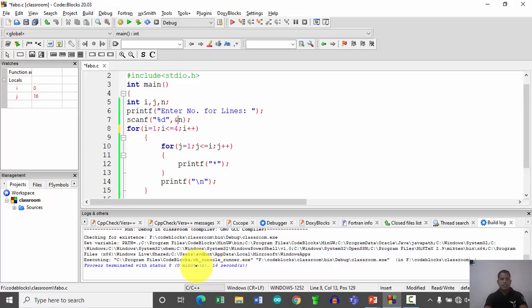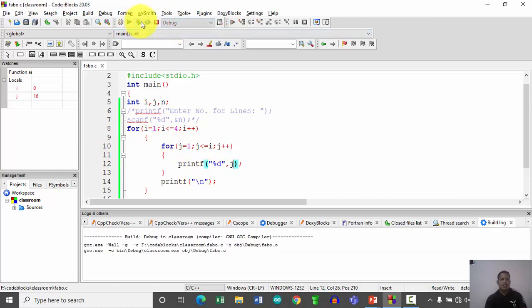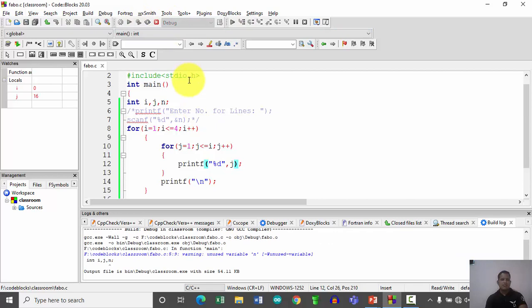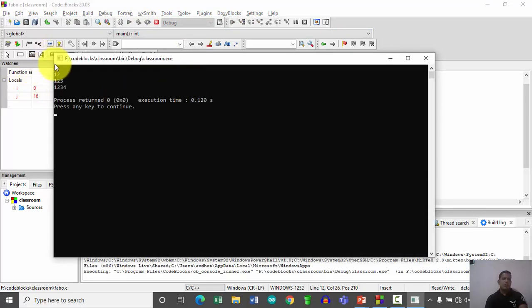Here, for first, I will keep this as it is. I am going to deactivate these two statements, right? And here instead of displaying the value, that is this character, I am going to display simply the j here. Okay, so what will happen? Initially the value of j is 1, so 1 will be displayed, then \n. For the next line again this is reinitialized to 1, so that will be displayed. Okay, so just run it, check out the output, that is 1 1 2 1 2 3 1 2 3 4.